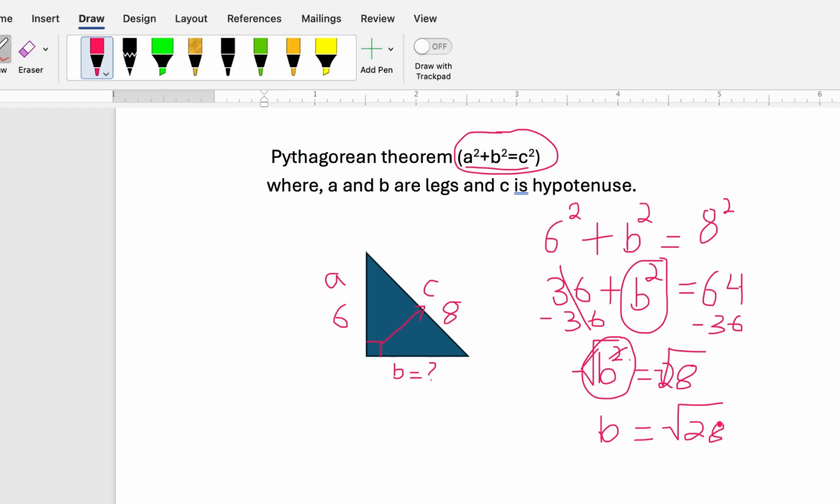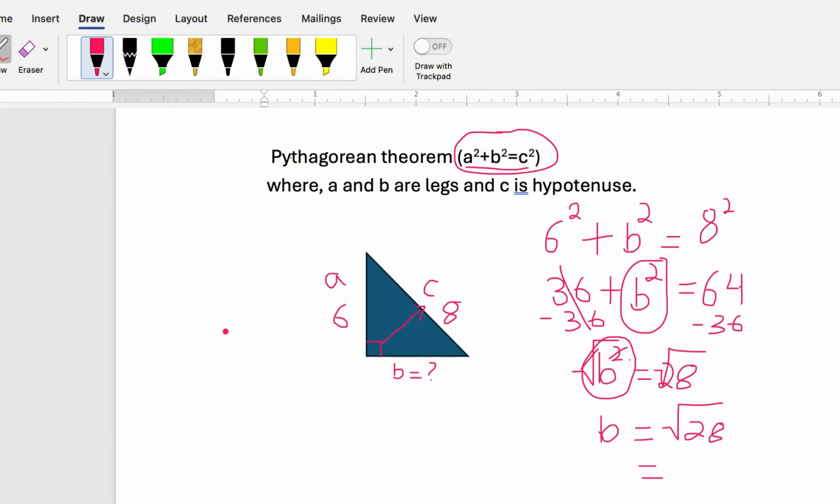Now I can plug this in my calculator and get some decimal values. It will depend on the problem. So in your problem, if it says round to the nearest tenth, all you have to do is plug this value in and get the value, the exact value. Or